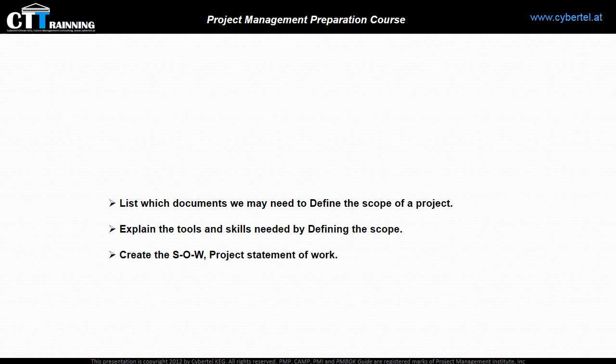We arrived at the end of this episode. Now we are able to list which documents we may need to define the project scope, explain the tools and skills needed for defining the scope, and create the project statement of work,